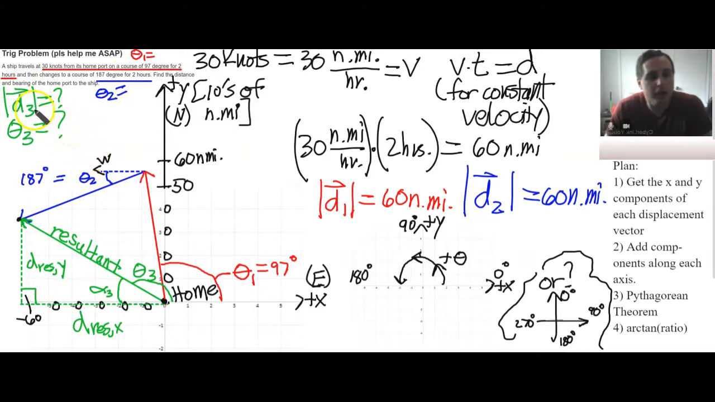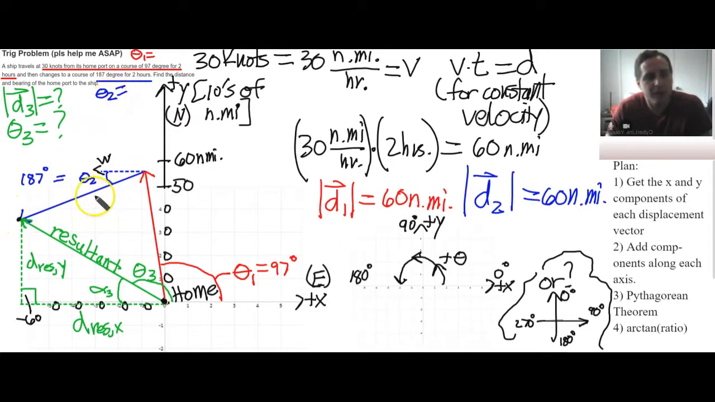Okay, so we're looking for displacement 3 and theta 3. That is the length of this resultant vector and this angle with reference to straight east. Let's assume straight east is the positive x direction, straight north is the positive y direction, and we can draw a picture that leg 1 of the trip is distance 1 vector displacement, and then displacement 2 is at the